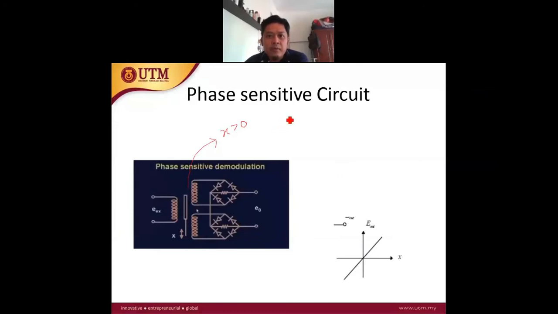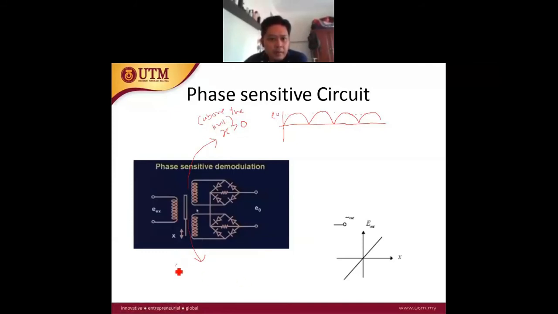Okay, when it moves above the null position, the E out will be like this. E out. But when the core is moved below the null position,